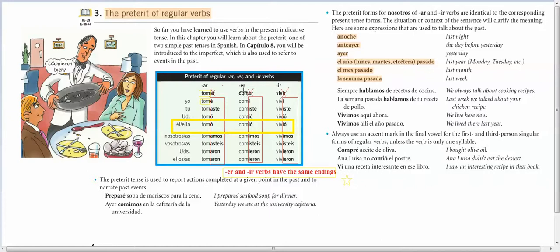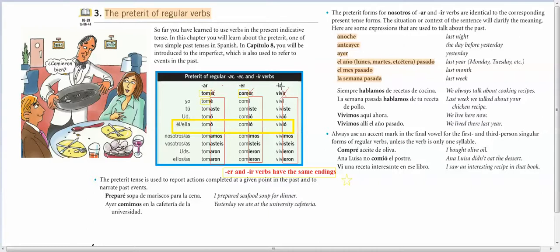So you do the same thing again that you did in the present tense for an ER verb: you get rid of the ER and you keep your stem, com, and then you add the following endings to it. So if I wanted to say, yesterday I ate pizza for lunch, ayer comí pizza para el almuerzo, or I might ask you, ¿comiste tu pizza para el almuerzo? Or he ate pizza, él comió pizza para el almuerzo. We ate pizza. Nosotros comimos pizza. Did y'all eat pizza? ¿Comisteis vosotros pizza ayer para el almuerzo? Or comieron, they ate pizza. Ellos comieron pizza ayer para el almuerzo.